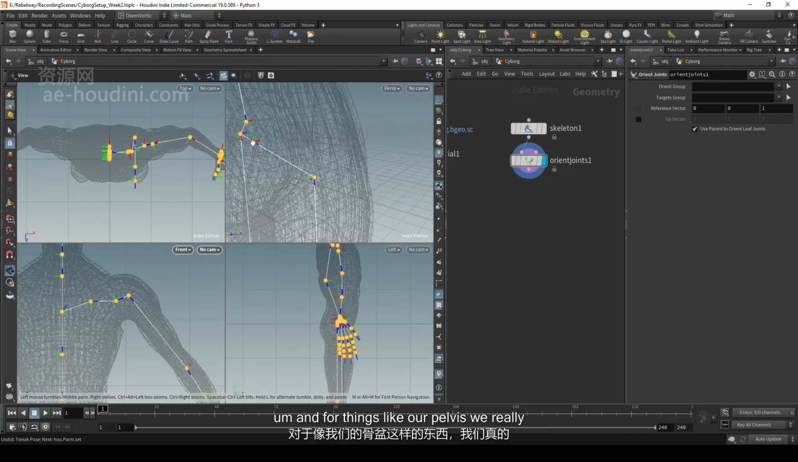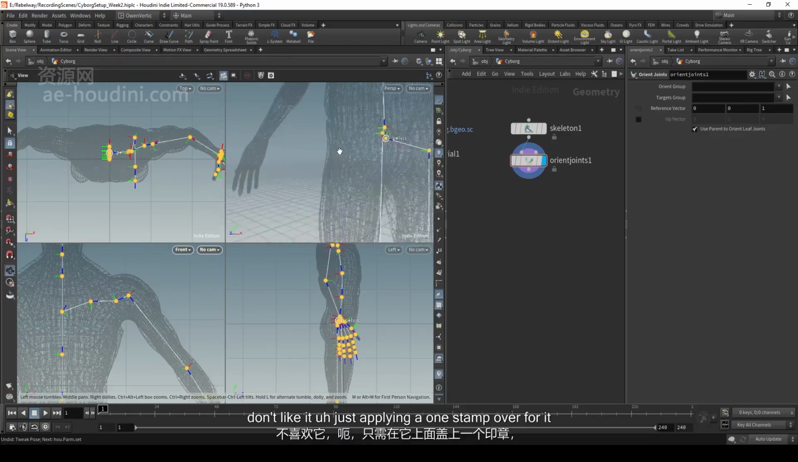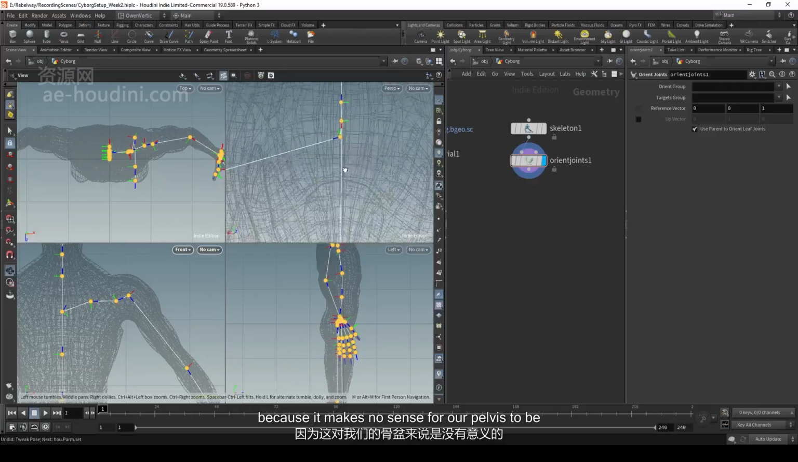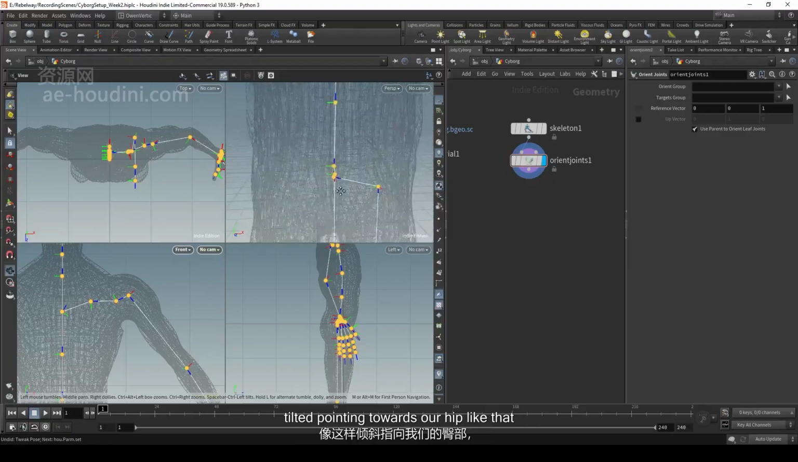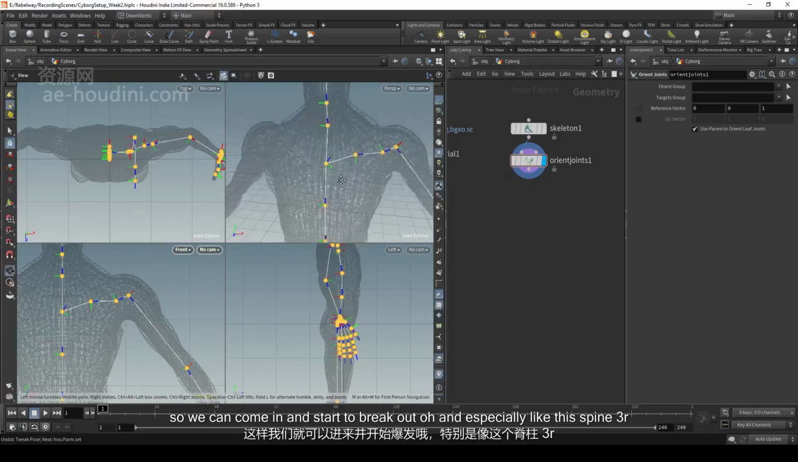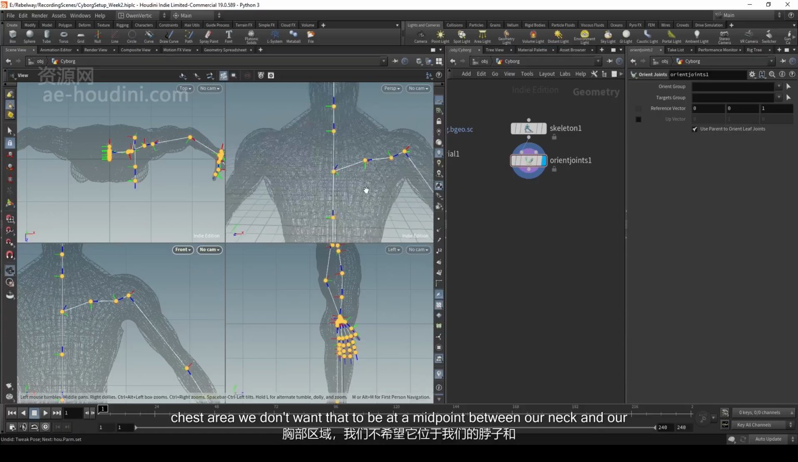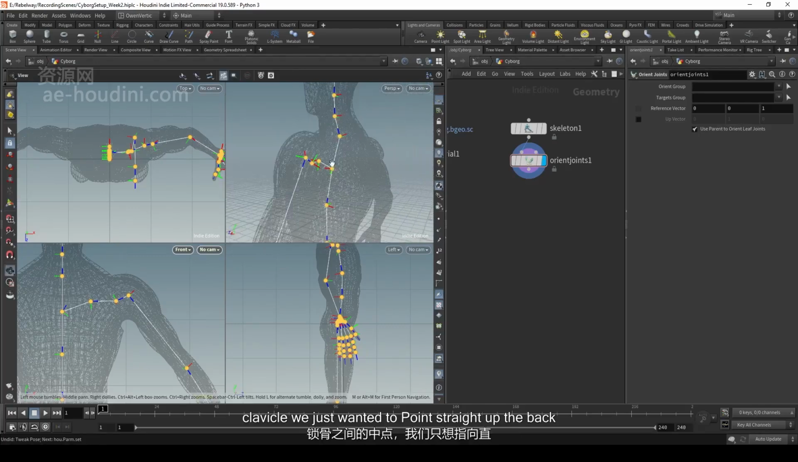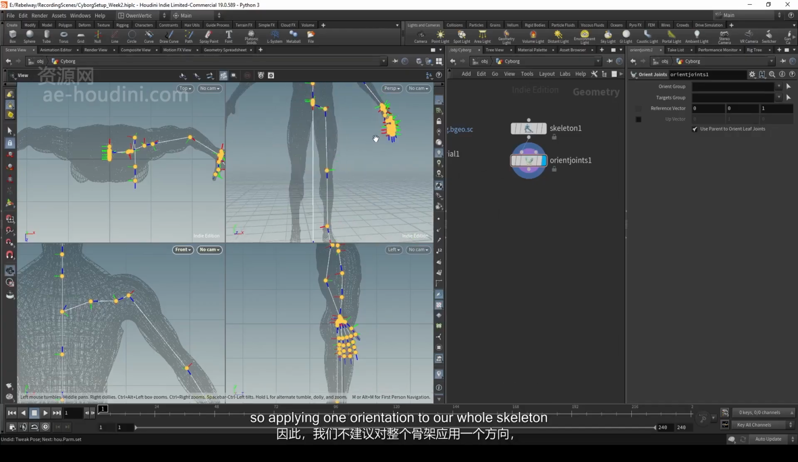And for things like our pelvis, we really don't like it just applying a one stamp over for it, because it makes no sense for our pelvis to be tilted pointing towards our hip like that. So we can come in and start to break out, and especially like this spine 3, our chest area. We don't want that to be at a midpoint between our neck and our clavicle. We just want it to point straight up the back. So applying one orientation to our whole skeleton is not